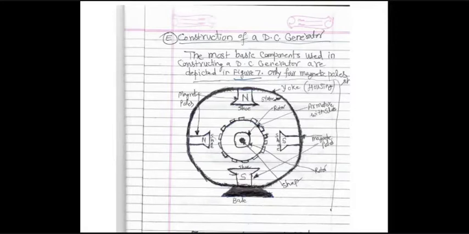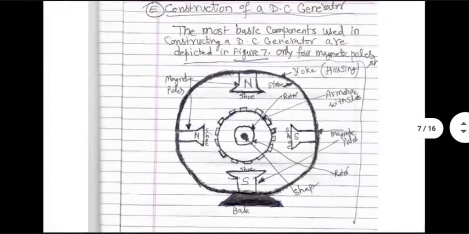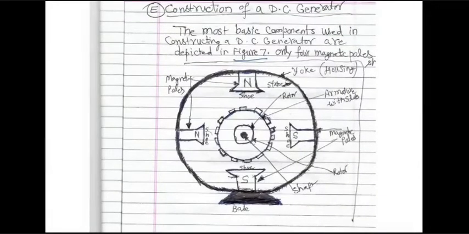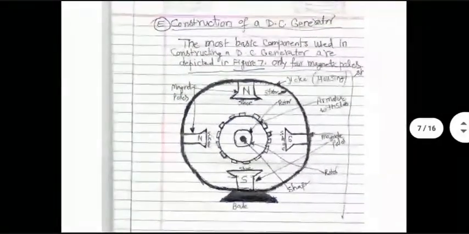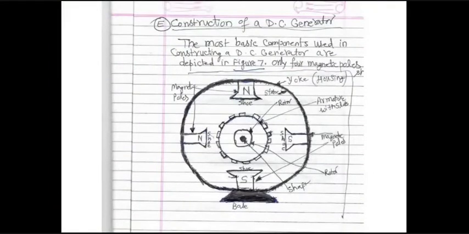For every north pole, there is a south pole also. So I'm showing 4 poles. That means 2 pairs of poles which are not rotating. They are mounted on the inside of the so-called stator, and the stator is sitting on a base which helps in mounting the entire assembly over the factory floor or over some other surface where you want to mount it. This is all very important from a mechanical standpoint. Generally, these machines are quite heavy, so the base has to be very strong to support the entire assembly.